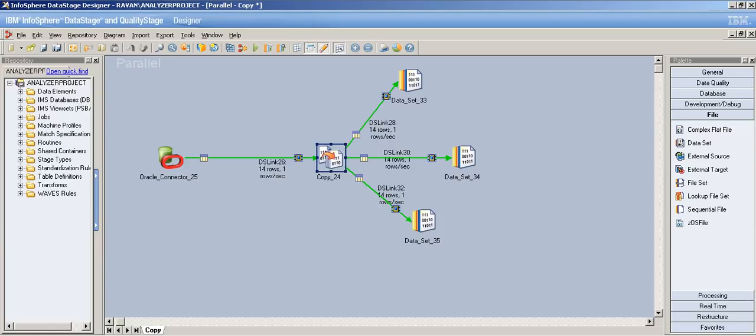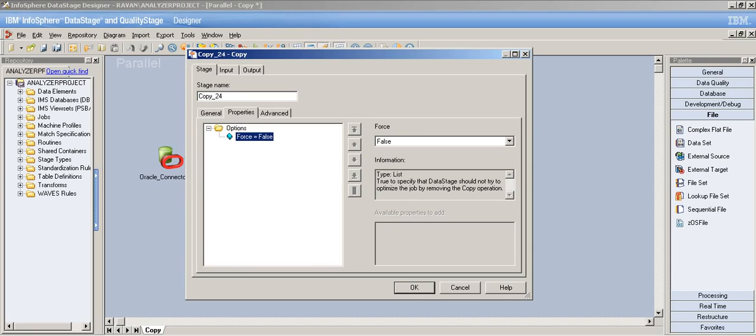But when you are writing to one data set, it understands that you're not writing to multiple data sets, so you're not really using a copy stage perfectly, so it's going to remove the copy operator and just try to optimize your job. So that's the reason this force option exists. So when you're writing to one data set, if you set this to true, you're telling DataStage, even though I'm writing to one data set,